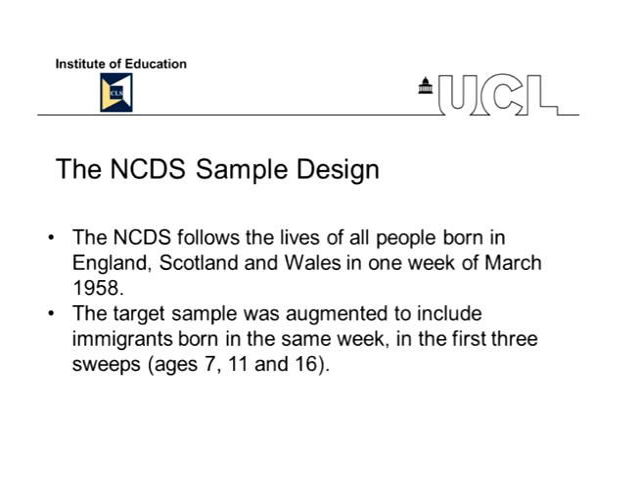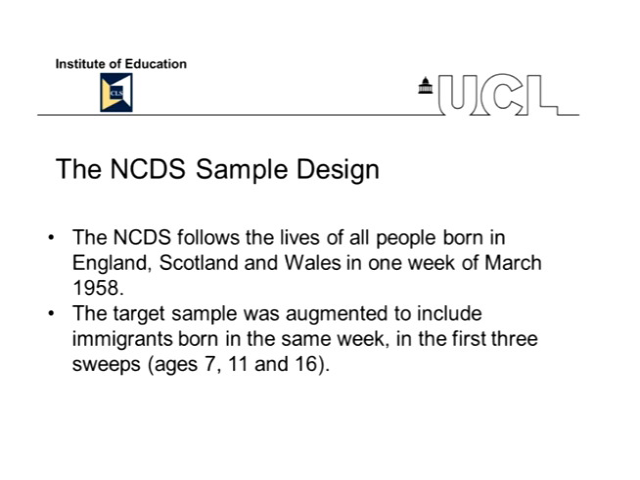So the sample design of NCDS is fairly straightforward. NCDS follows the lives of all people born in England, Scotland, and Wales in 1 week of March 1958. So this selection of individuals based on the date of birth in 1 week in March ensures the randomness of the sample. Because the date of birth is unrelated to social background, ethnicity, or any other family or background characteristics of